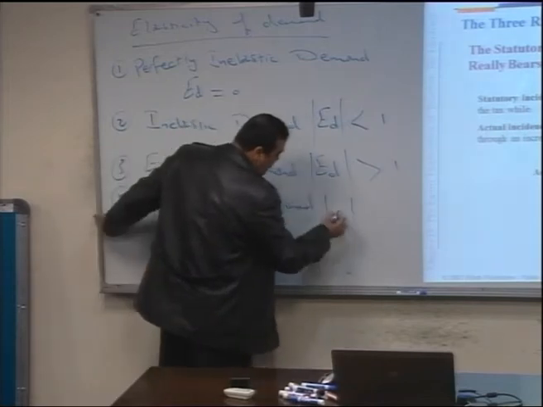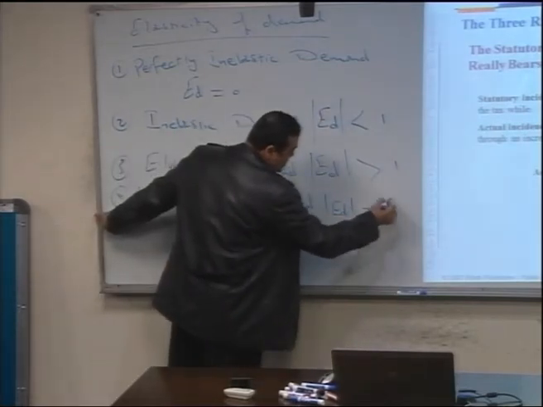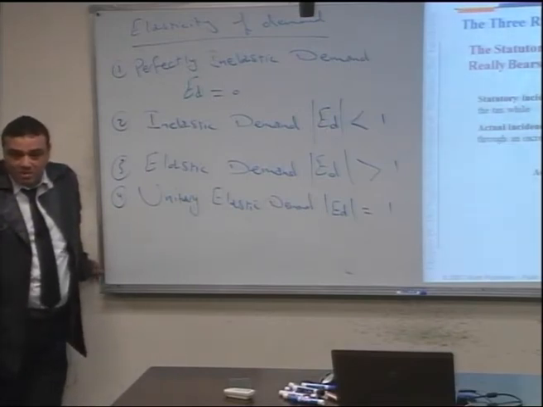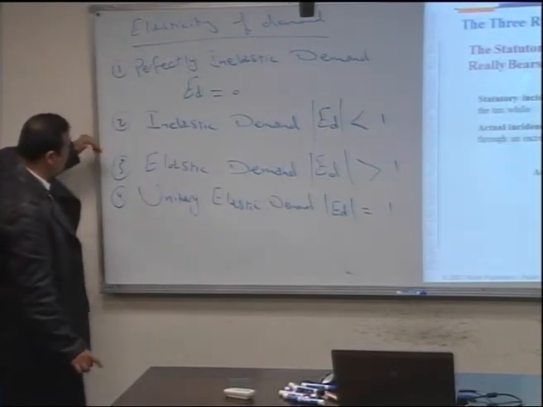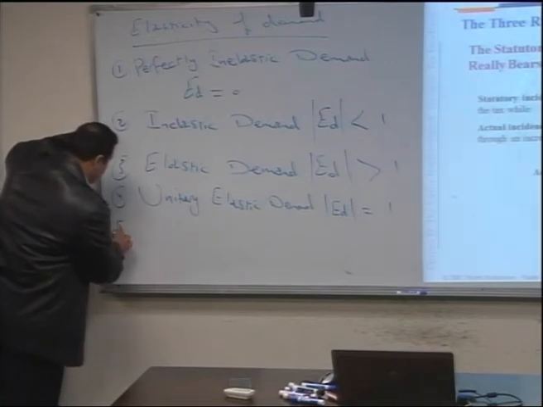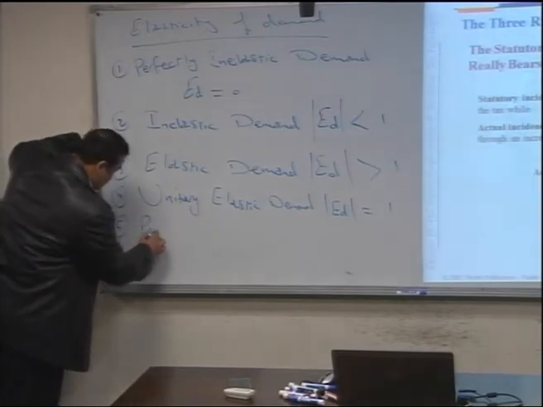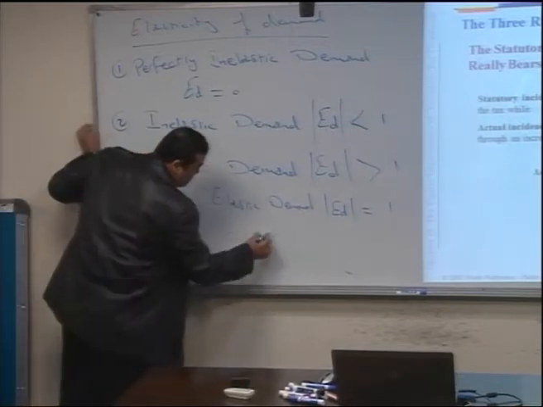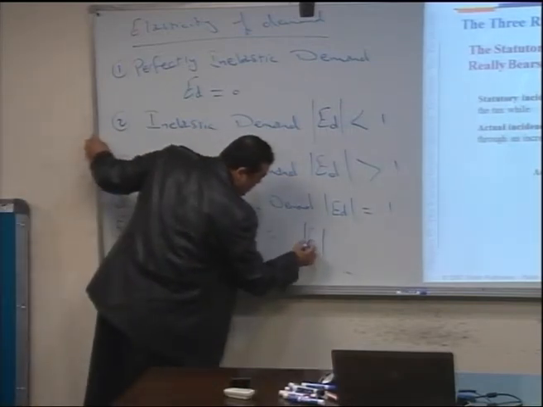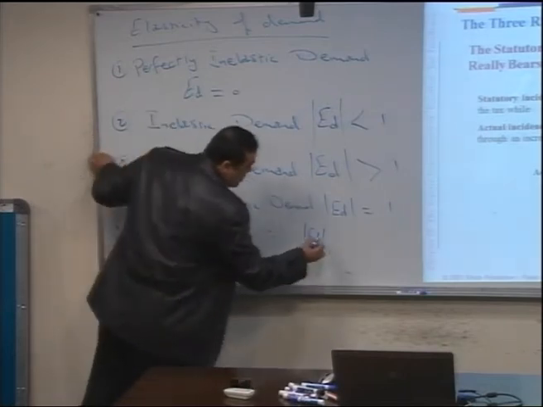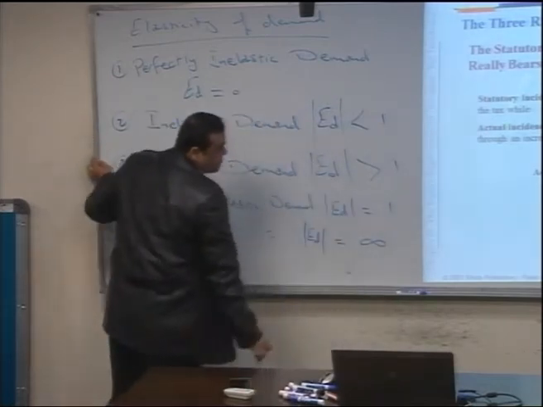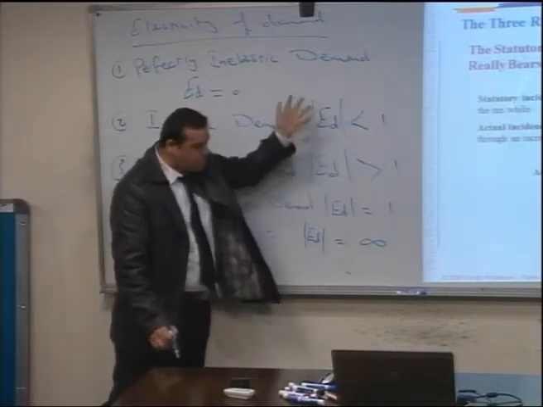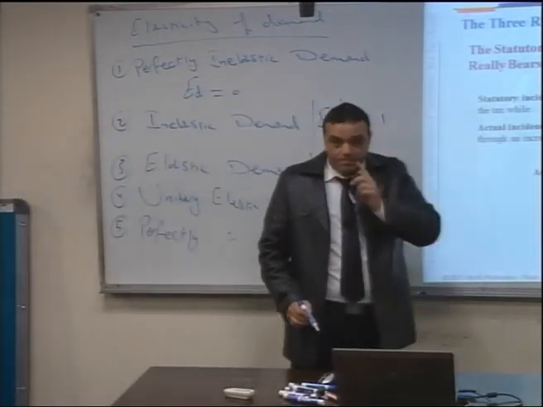The absolute value of ED equals 1. بحكي في absolute values. بضل عندنا perfectly elastic demand. The absolute value of ED equals infinity. طبعا هذول كلهم negative signs، بس بالabsolute value بصير positive. تمام؟